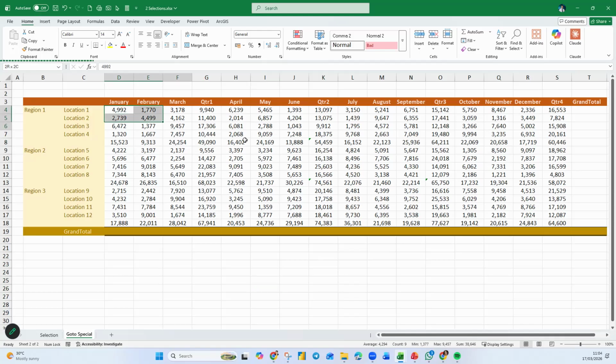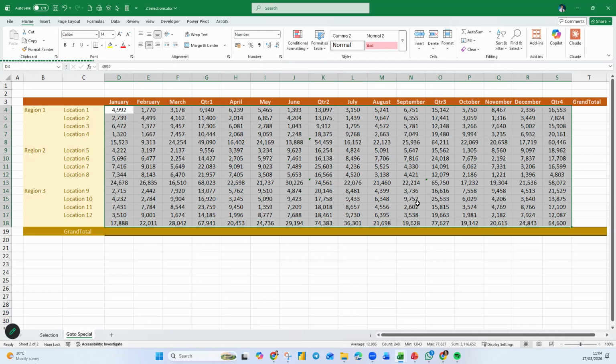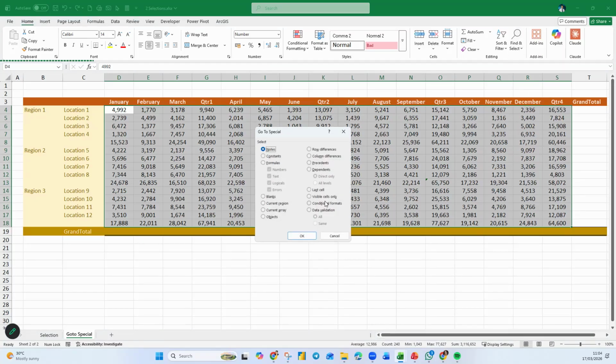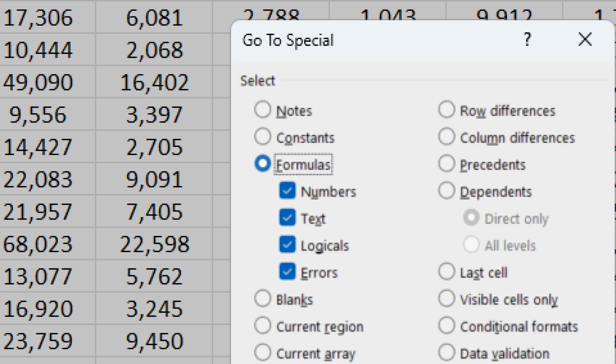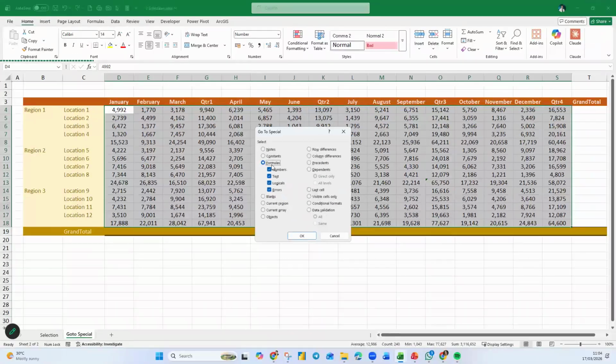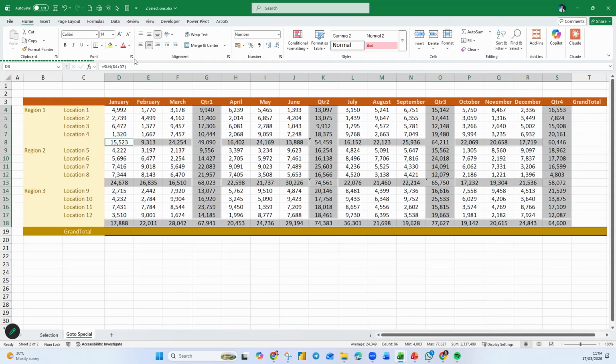Okay. Now, let's keep the selection. What I'm going to do now is I want the total, all the total. So I'll go to find and select, go to special. So I go to this thing called formula. Okay. This time, I only want to select the cell that comes with formula. So I click formula. So when I hit OK, you notice they are back to the selection that I have just now. So I'm going to make it red in color. I want to make it bold. So these are the cell that contains formula.